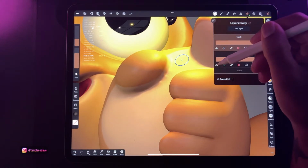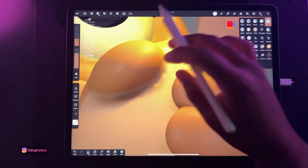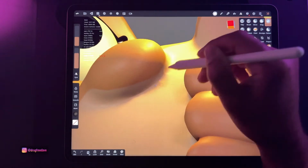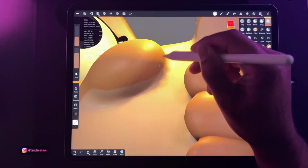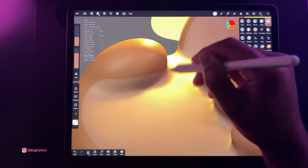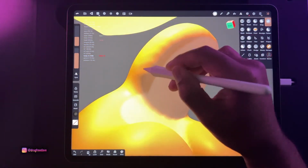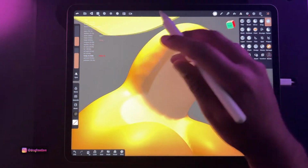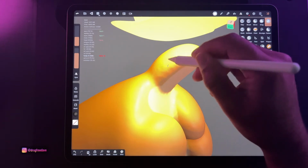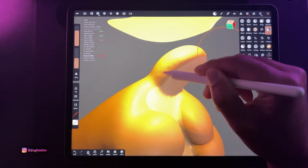But I want to try to get this smooth. This is so bumpy and I hate it. I don't really know why. But as you know, there's nothing I like less than a lumpy 3D model. And why is this so lumpy? And it's not really fixing, so I might have to... So maybe if I flatten it...